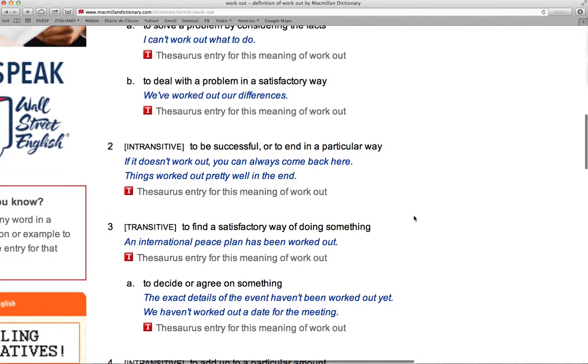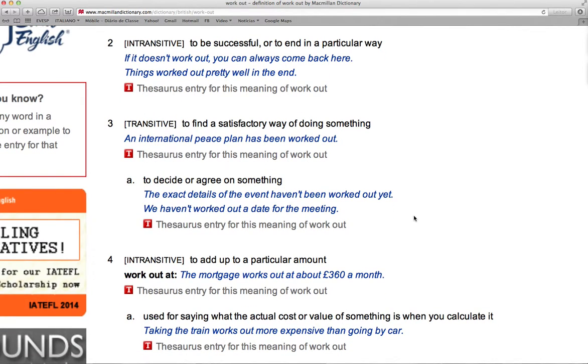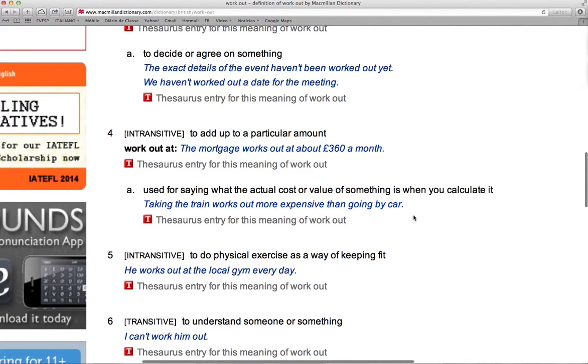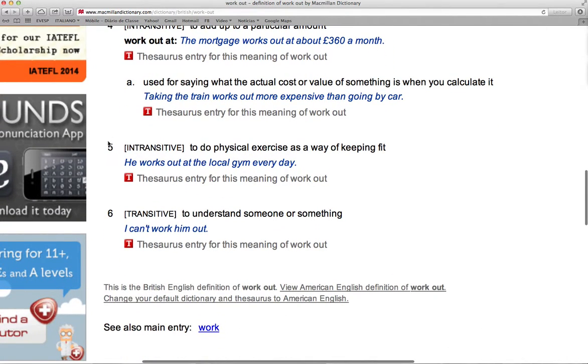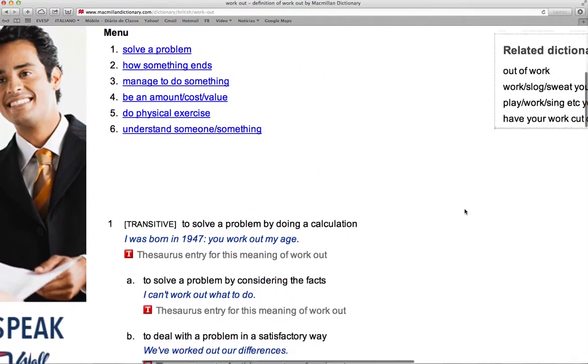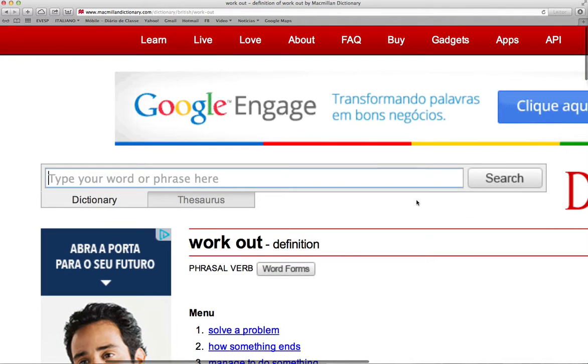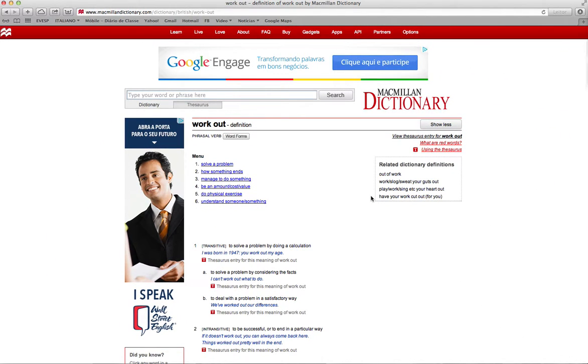See that if you go on, you've got explanation 3, more examples, definition 4, number 5, which most of you may know, by the way. So to do physical exercise as a way of keeping fit, the example is given here. He works out at the local gym every day, plus another one, number 6. See that every time you look up a phrasal verb in the dictionary, you've got to see its context. In fact, it's different contexts. In order to study that,